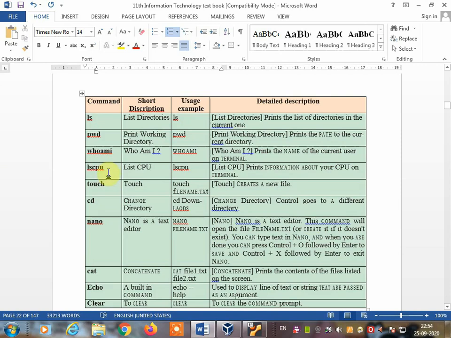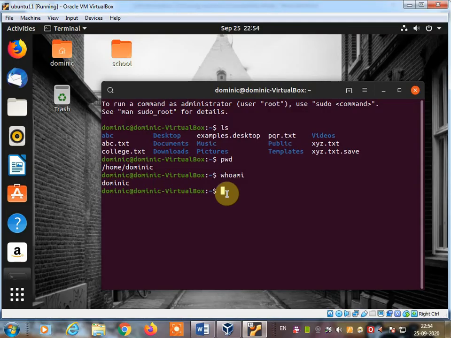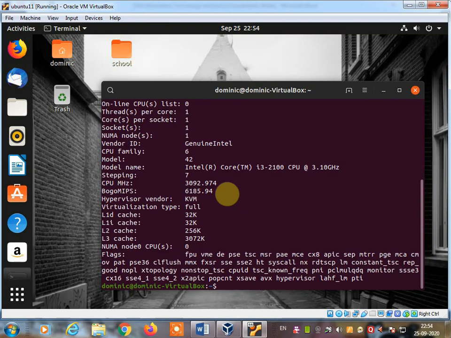The next command is lscpu. The short description is list CPU, and it is used to print information about your CPU on the terminal. Let's see, lscpu and press the enter key. You will get the information about your CPU.